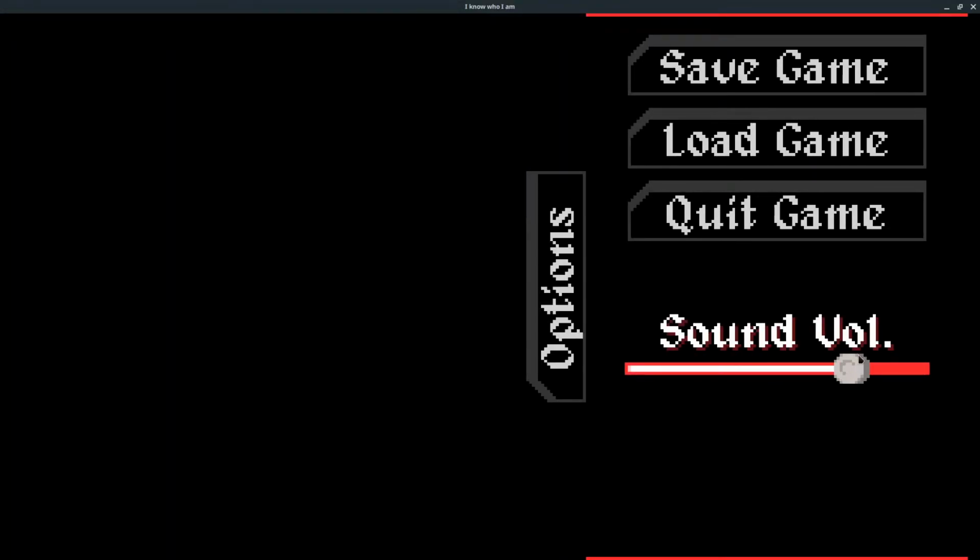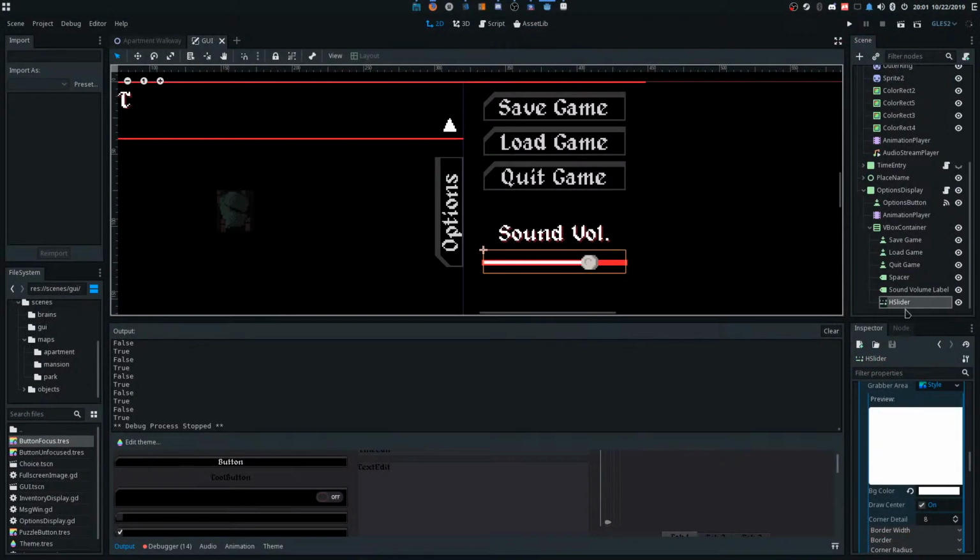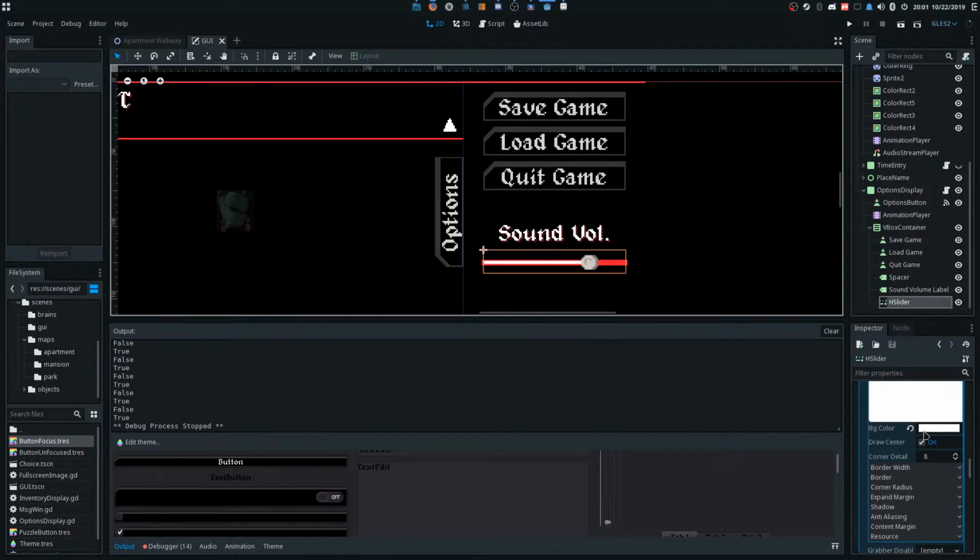Yeah, for some reason I still can't grab this. Okay, cool. I feel like I'm where I need to be in terms of usability. It's just not working quite as it should.